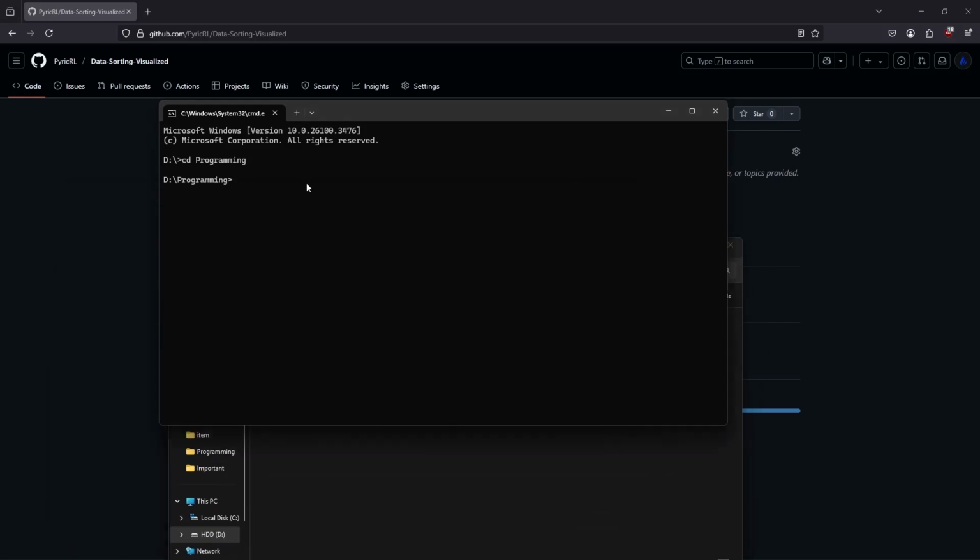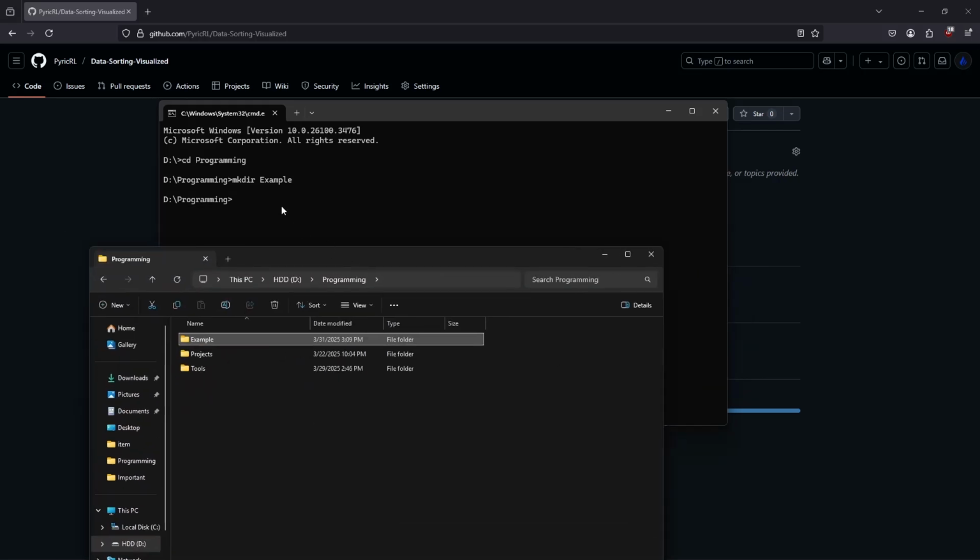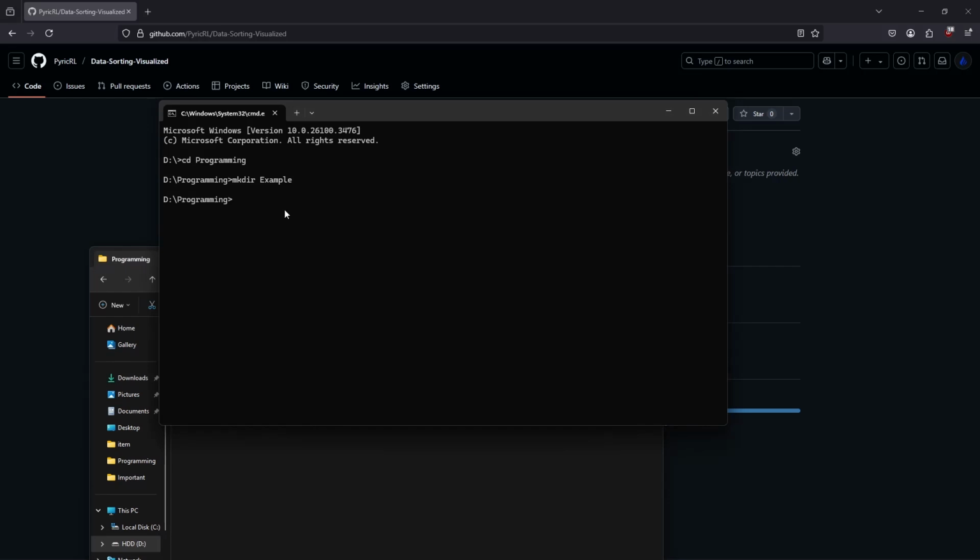And then from there, you can type make directory. So it's mkdir, which creates a folder in there. And I'm going to say example. And then if we go back into here, you can see there's an example folder in here with nothing in it. And then from there, this is assuming you have the GitHub